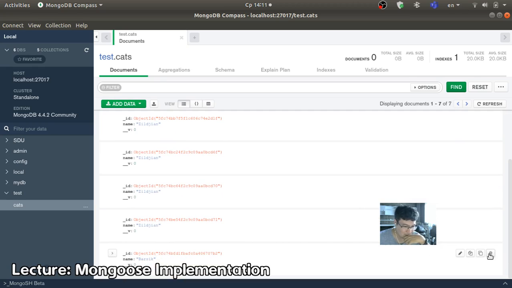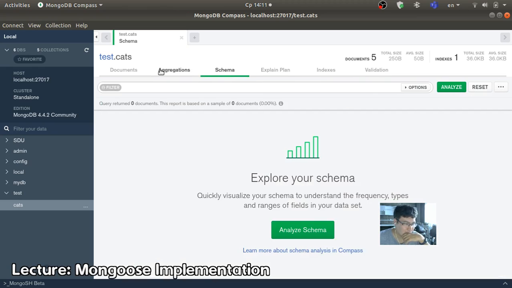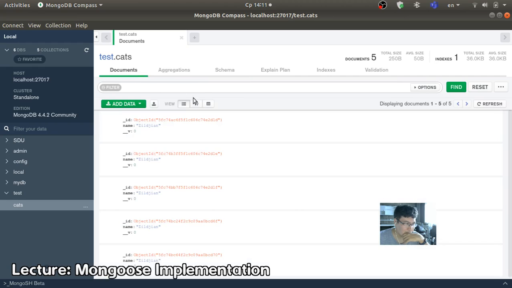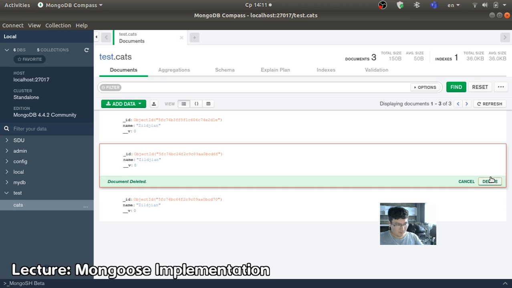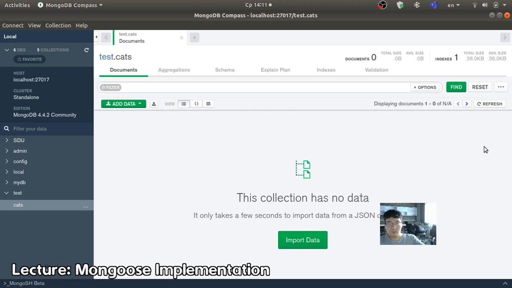So you can, let's remove them. Or we can do something like this. We can delete. Also this refresh button. Okay, so let's delete it. So I will delete all of them. Okay, now